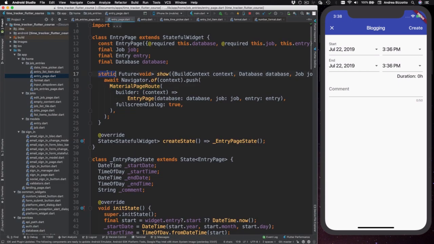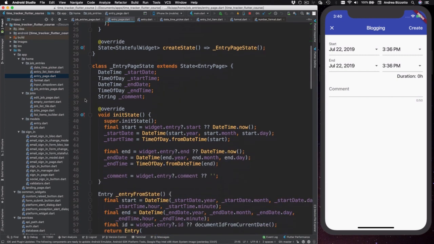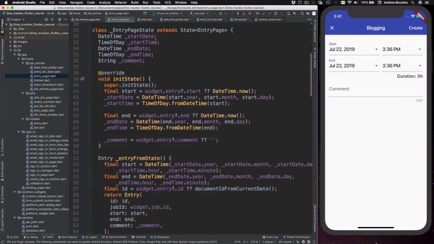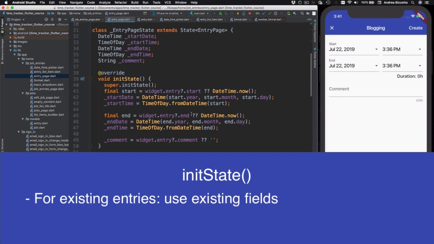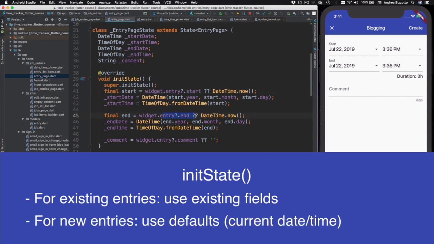First of all, we have a static show method that we use to push a new route with a navigator. And here we create an entry page with all the required input arguments. And inside this state class, we define some local variables such as the start and end date and time, and a comment as well. And then we have the initState method, which we use to initialize these variables. And the way this works is that if we are editing an entry, then we use the values from the data model. Otherwise, we are creating a new entry, and we can set the start and end dates to the